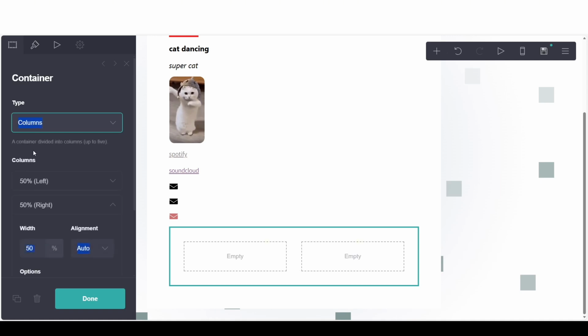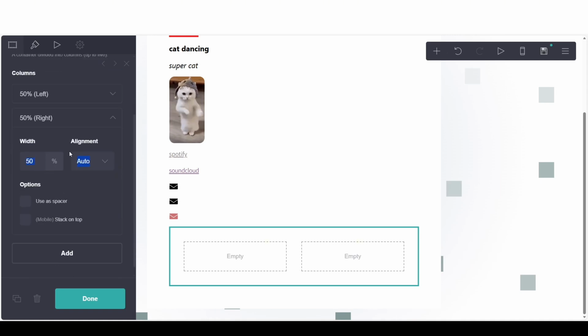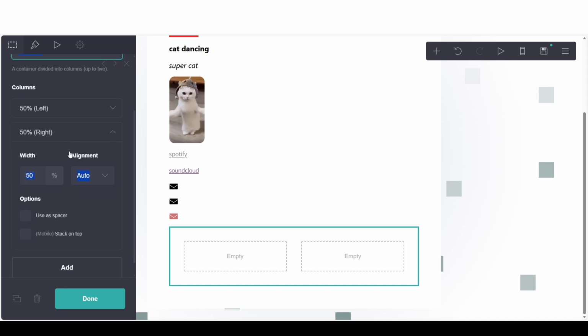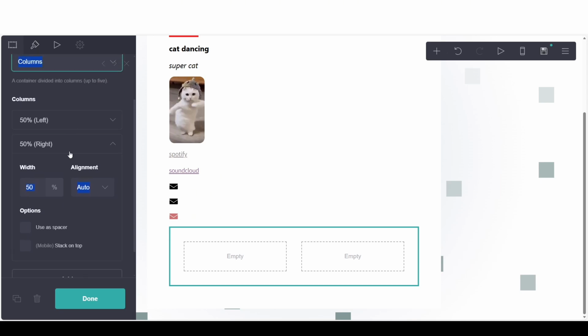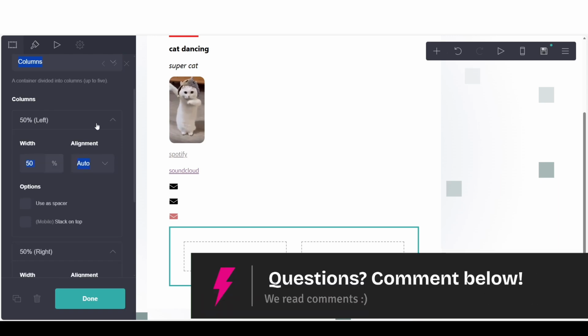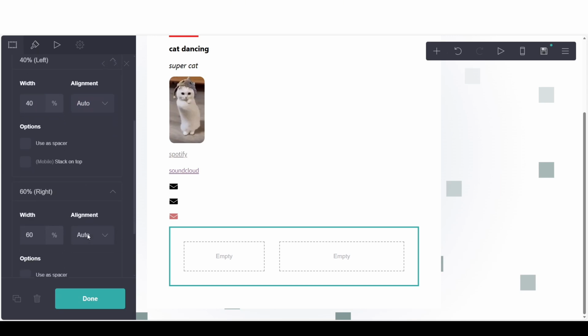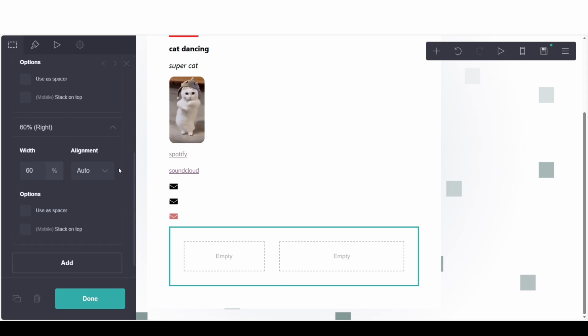Once the container is added, open its settings and switch the layout from default to columns. After switching to columns, you can adjust the ratio of each column within the container. This allows you to control how wide or narrow each column appears. You can add up to 5 columns inside a single container, depending on how many sections you need for your